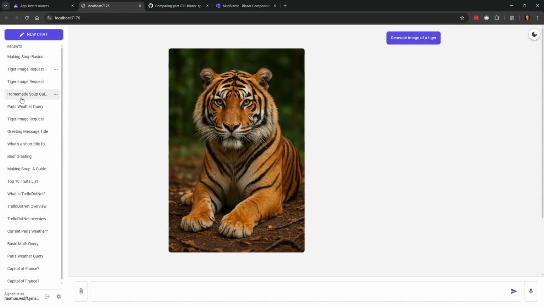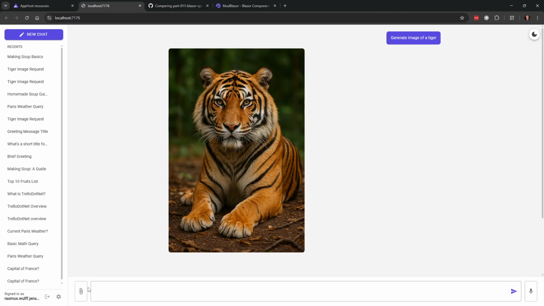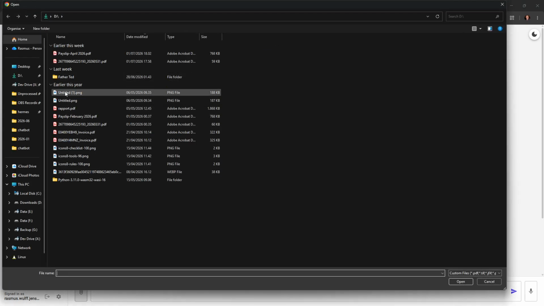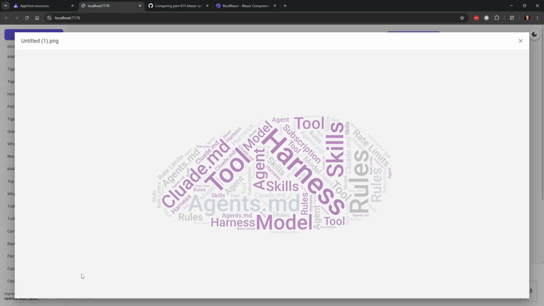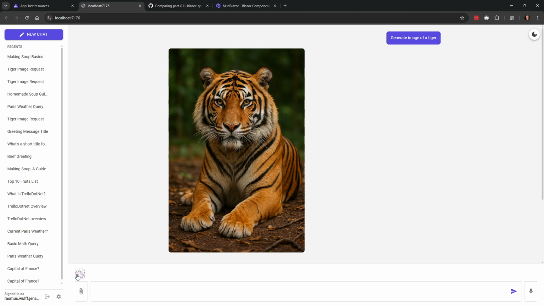Another thing we have done is that if there are images, we can now open them full screen if need be. That is mostly when we find an image and open it up so we can see it and not just the small images down here. As mentioned, tool call results have now been formatted.